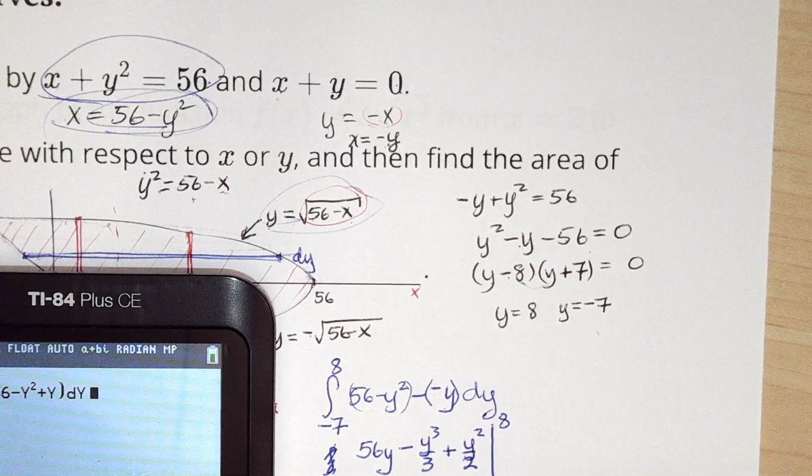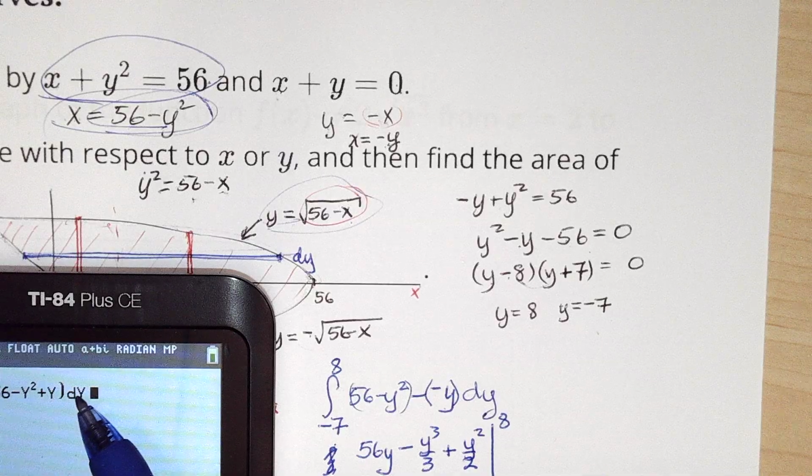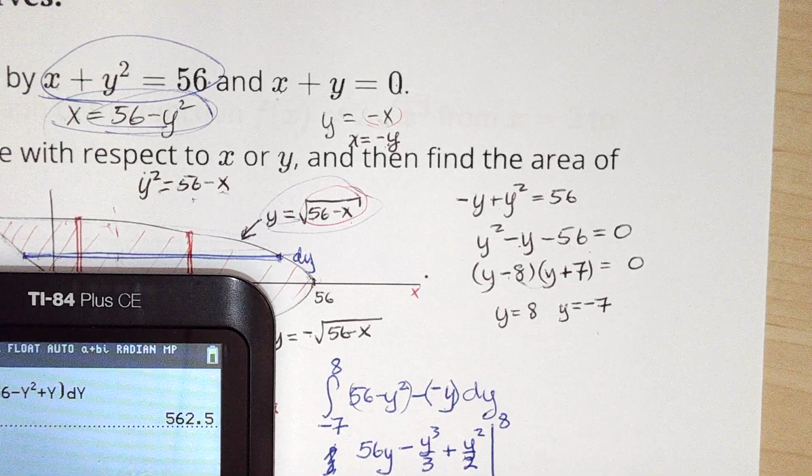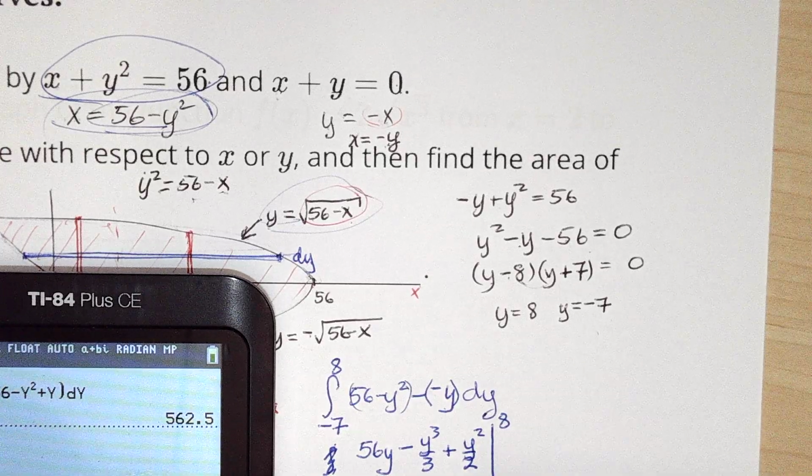So now the calculator is thinking that's why this dx is also important. This is saying y is the variable and there are y's in those places. And I press enter, and it gives me